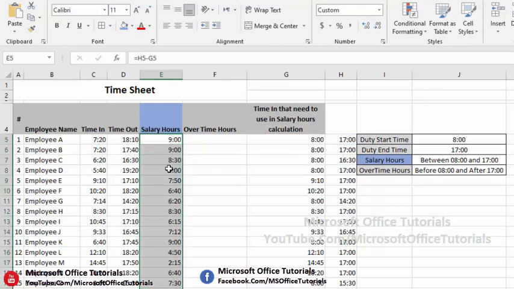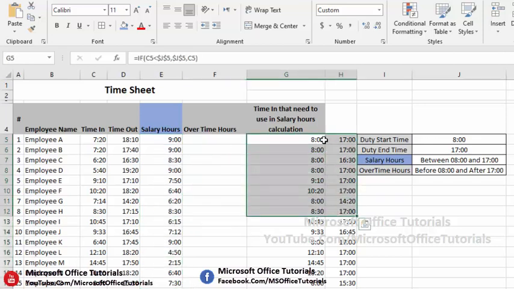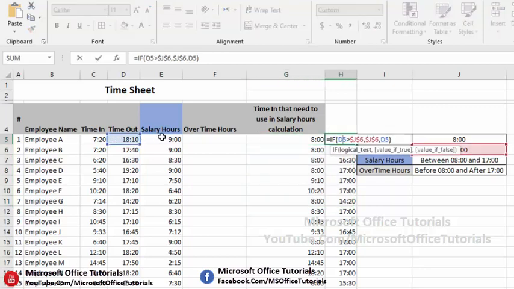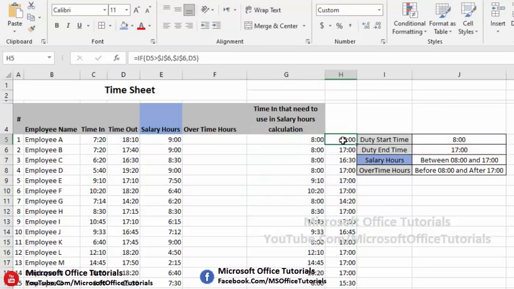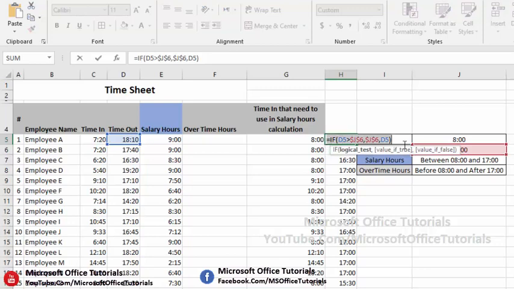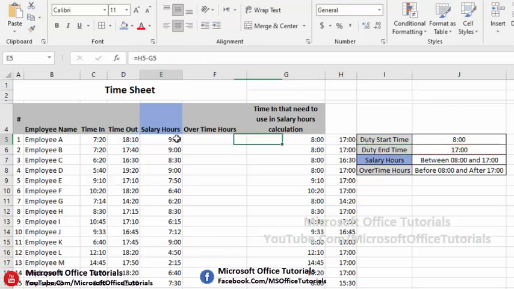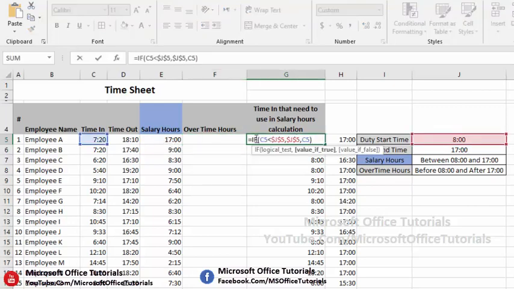And here we go, for all employees these are the salary hours. Instead of using these two extra columns, we can simply copy these formulas and use them in this column. For example, for timeout, we will just copy this timeout function and paste it here. And for time in, as we need to minus timeout from time in, we will just copy this